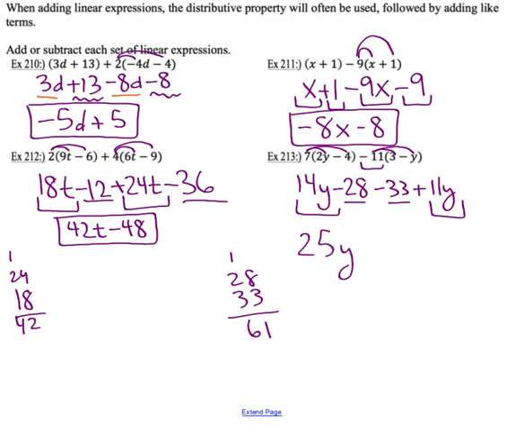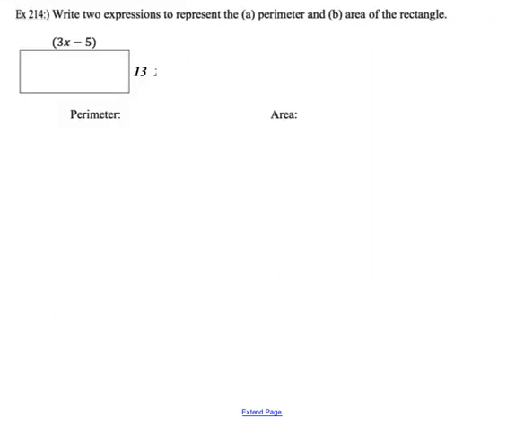I get negative 61. So 25y minus 61 is the answer for example 213. Okay, next, write the expression to represent the A perimeter and B area of the rectangle. Now on your notes this number didn't print, so you'll need to put in the number 13 on the side